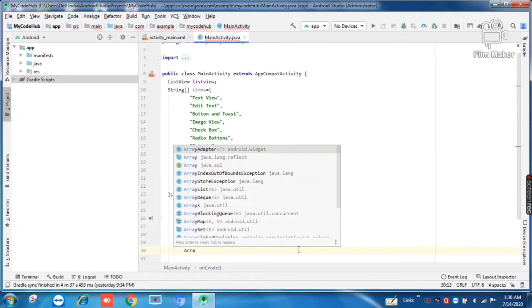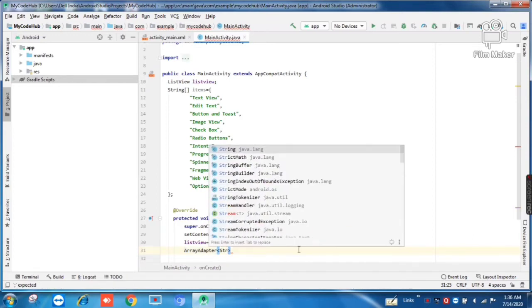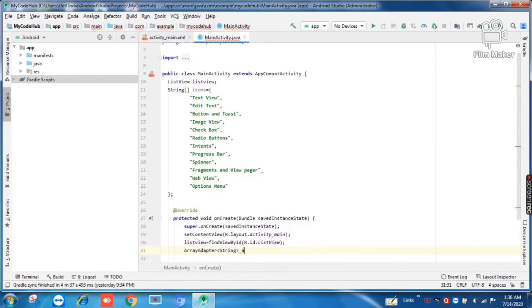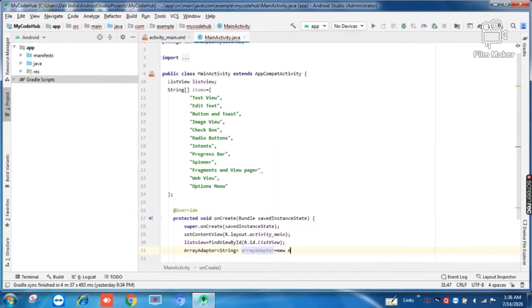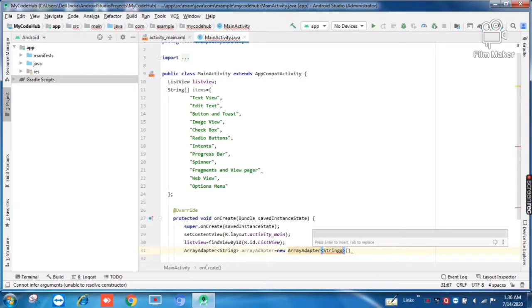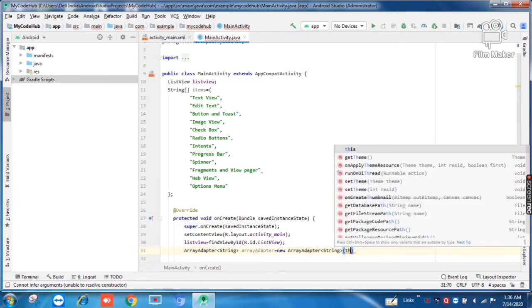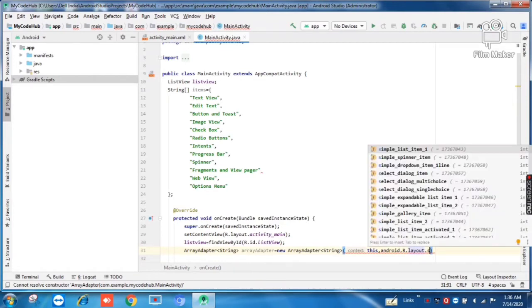Now let's create an array adapter to show our list of type string. Name it array adapter equal to new array adapter and pass in the four parameters. Firstly string as its type and the four parameters. First is the context, that is this. Second is our layout that we want to display, android.R.layout.simple